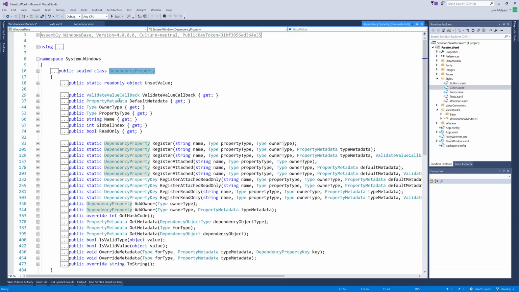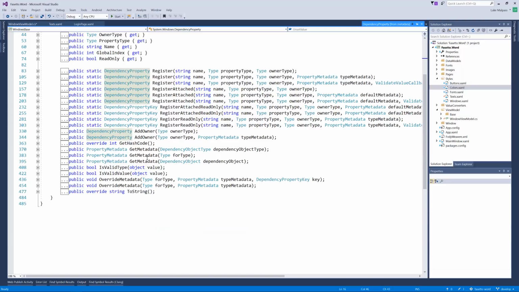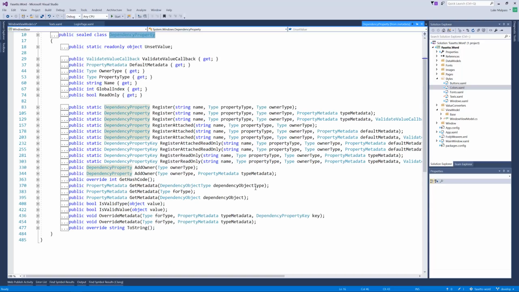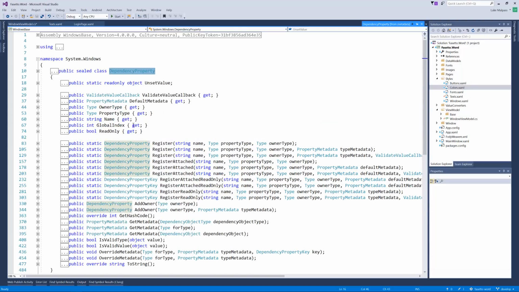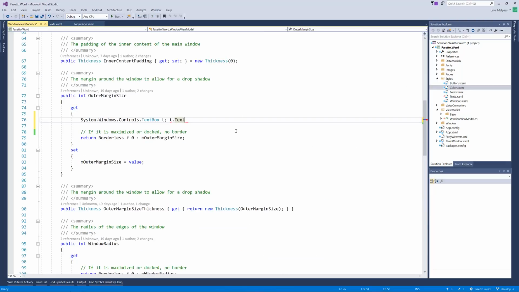So you've got your events. Anyway, there's no point in going into depth with this class, but think of it when you bind to a dependency property as the same as binding to a view model. When the text gets changed, you get an event fired back to the UI that then fires off all the events in the UI. If we then go to the password box,